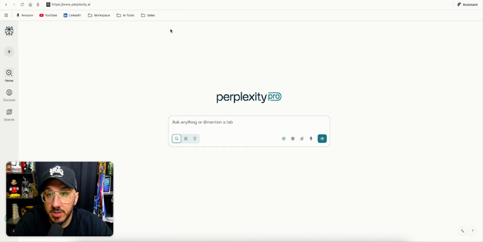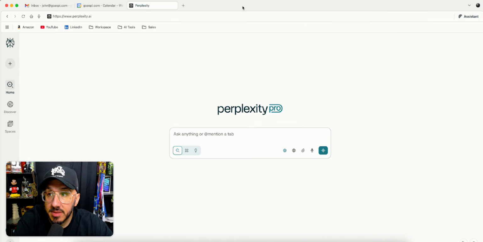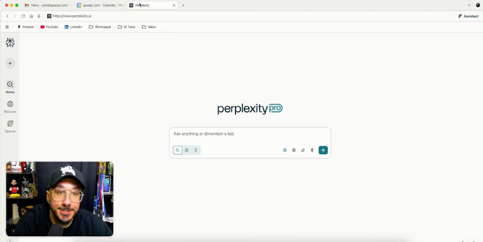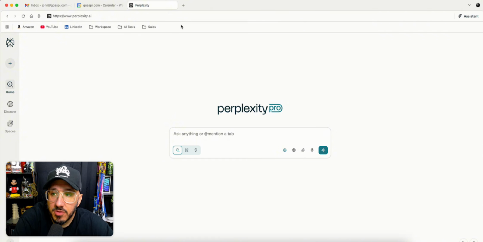So you could see here, I'm just going to pull this down a little bit so you can see the tabs, because I think that's important. Compared to what I've historically been using, which is Arc, it doesn't have the side vertical tabs. It has the traditional kind of stuff that you would see over here, like a Chrome. It does not have profiles. Well, actually, it does have profiles like this. So it is Chromium. It doesn't have all the bells and whistles. Now, I don't know if that's a good thing or a bad thing, but I have been going back to it